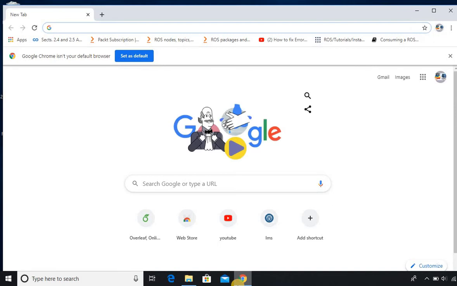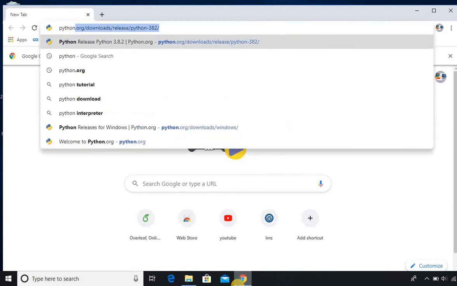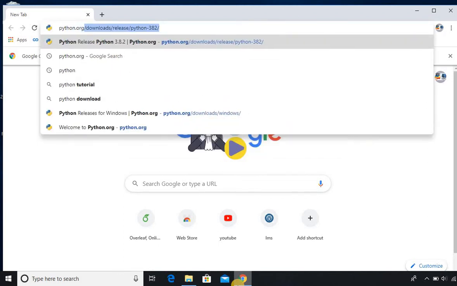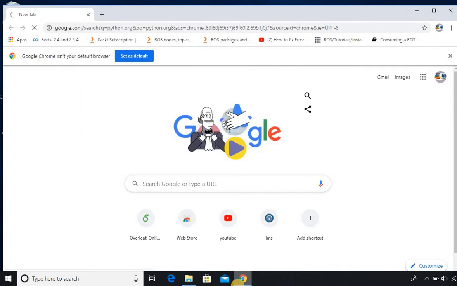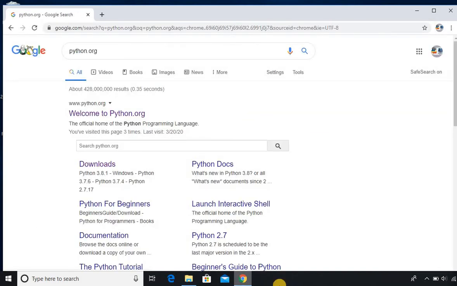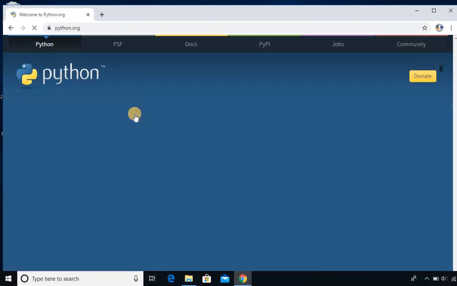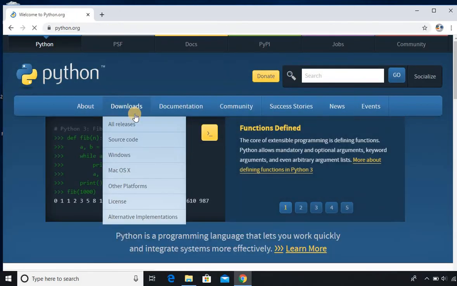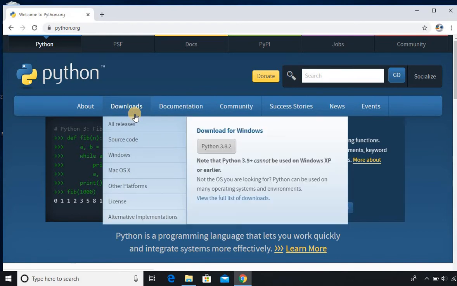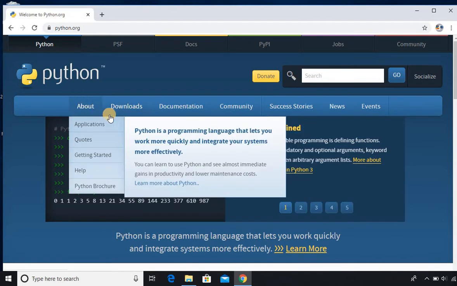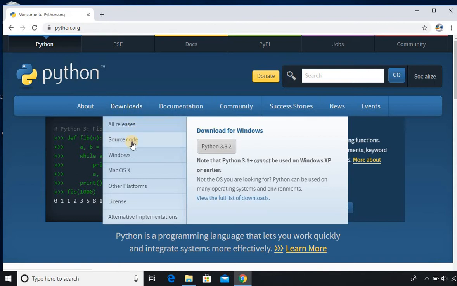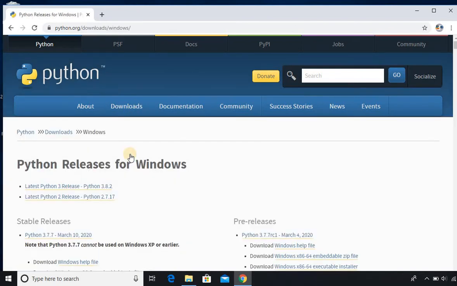So go to your browser and type python.org. After that, click on the first link and you will land on the Python main website. After that, go to the download section, scroll down to Windows and click on it. You will see